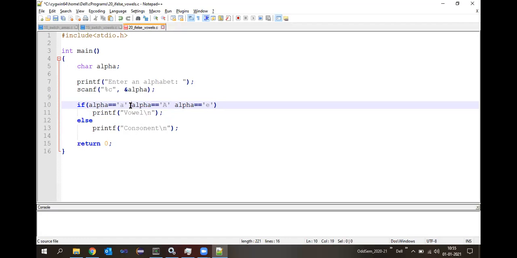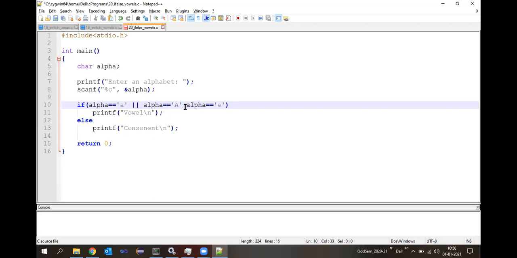What is that operator? Logical OR. If any one of the conditions is true, then the entire condition is going to be true, right? For that, I will use the logical OR operator.